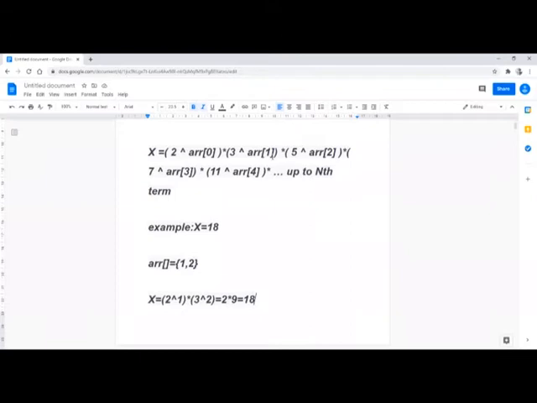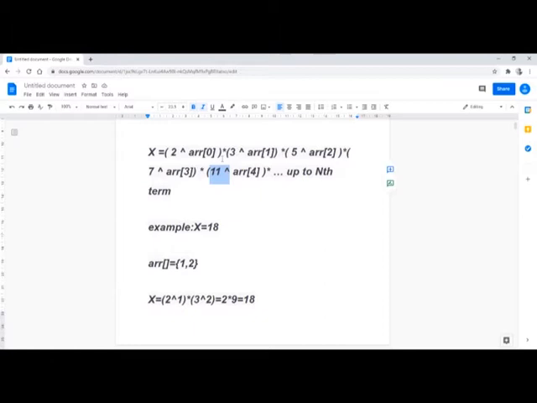So what this means is x is a number which is calculated by the equation 2 raised to the power ARR[0], multiplied with 3 raised to the power ARR[1], multiplied with 5 raised to the power ARR[2], and so on. So what exactly does this equation signify? This 2, 3, 5, 7, 11